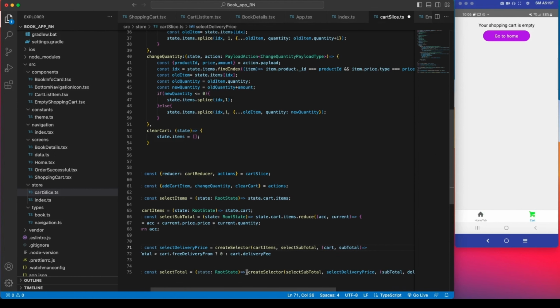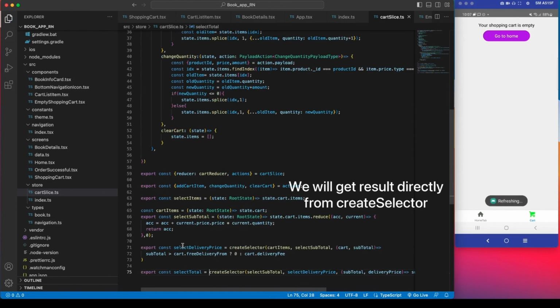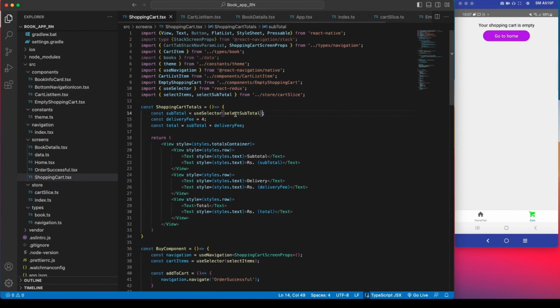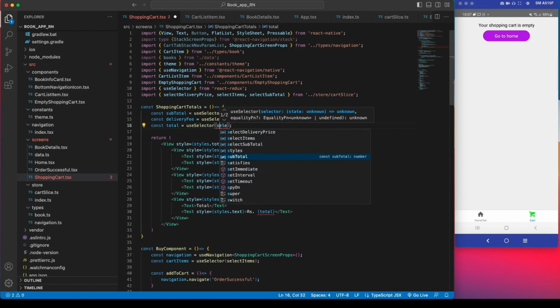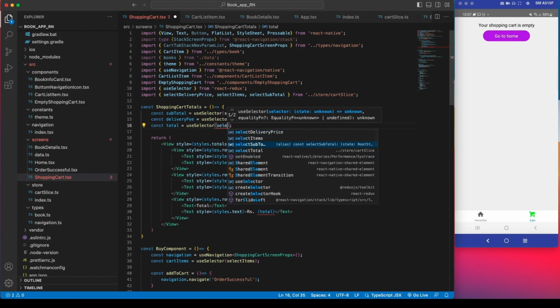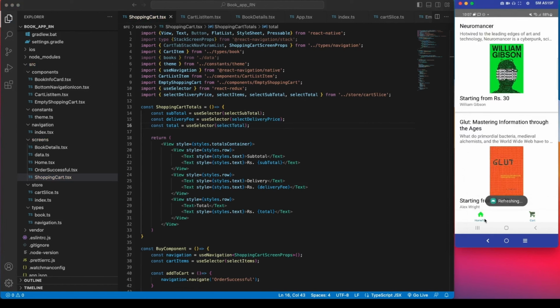Selecting this one, shopping cart, select delivery. Okay, now to here,